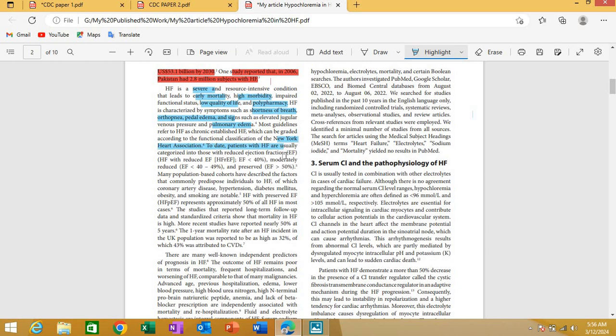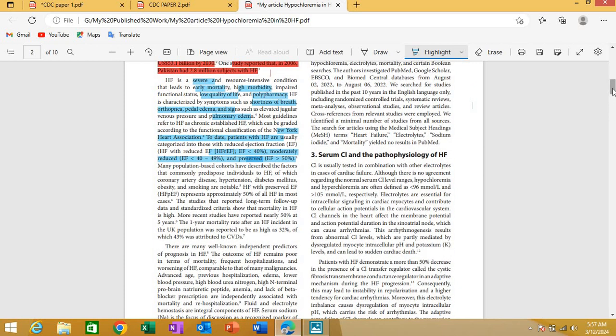And I'm now talking about the three common phenotypes that are discussed in the literature, though one more has been added. So I'm talking about heart failure with reduced ejection fraction, moderate ejection fraction, and heart failure with preserved ejection fraction, this last one. Then I'm talking about the many population cohorts that describe the factors that commonly predispose to it, like smoking, diabetes, etc. And then one-year mortality after heart failure in the UK population, and so on. So I'm not going into detail. The purpose is,